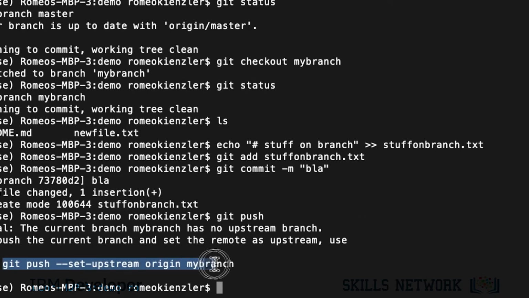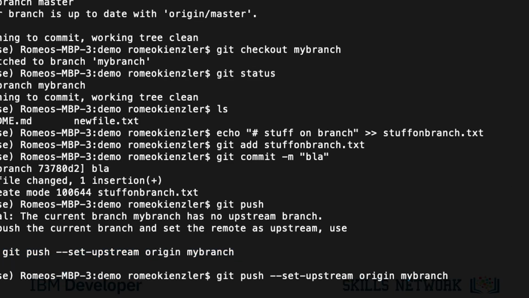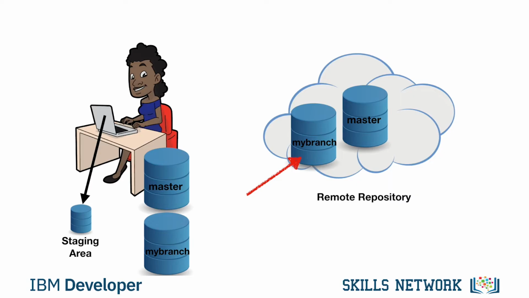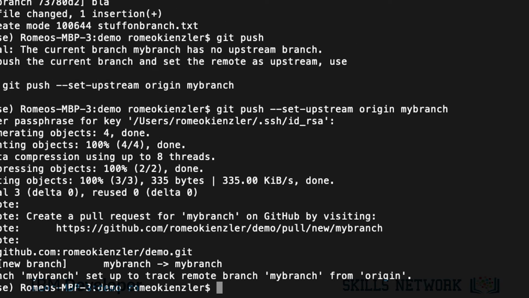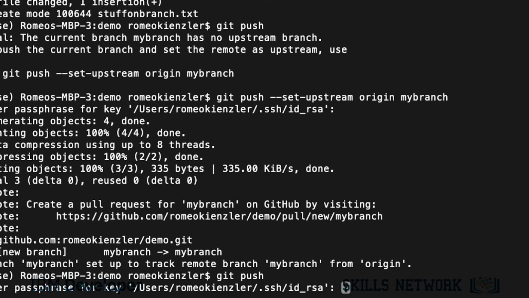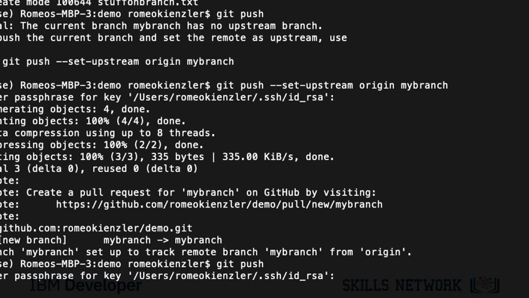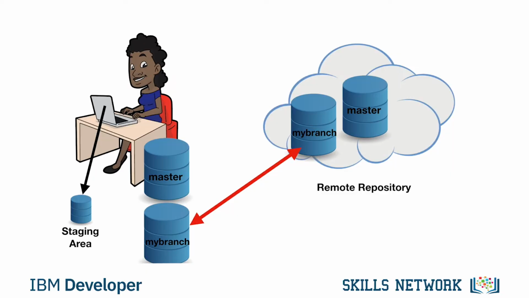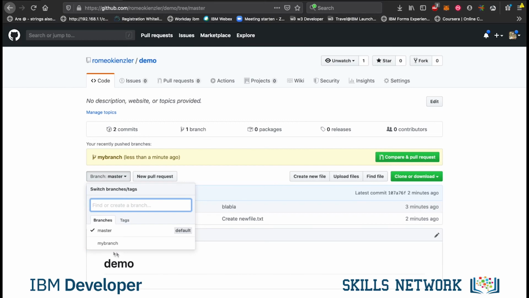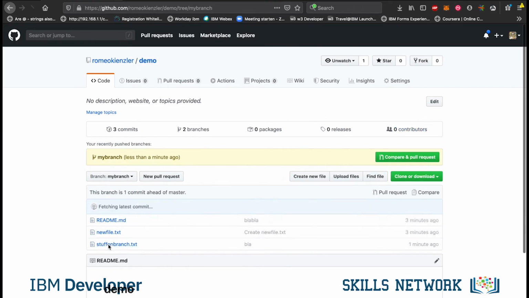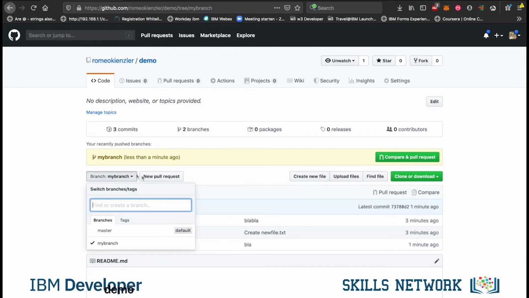We have to also create this branch remotely. So, and now we push it to a remote branch. So now we can actually see that my branch has been created here, and you see here that file stuff on branch, which is not on the master.